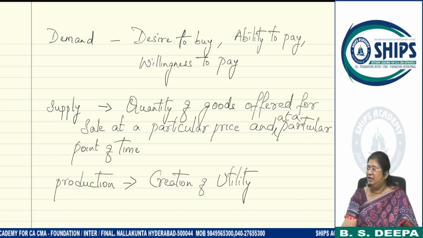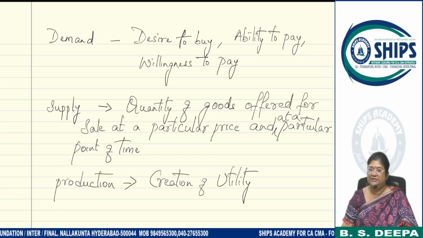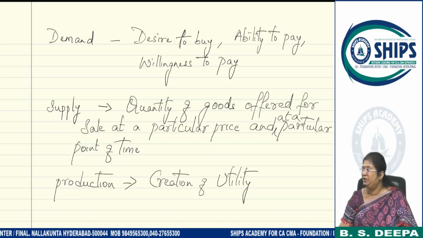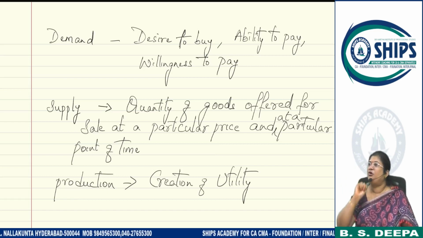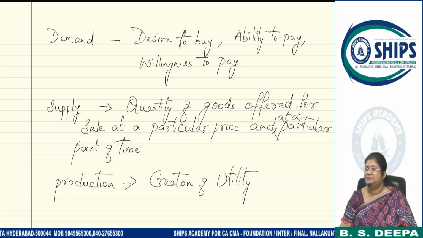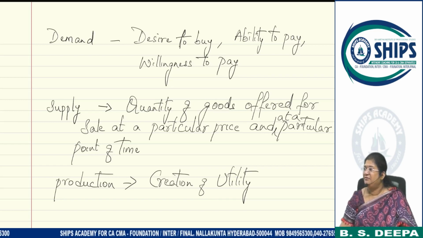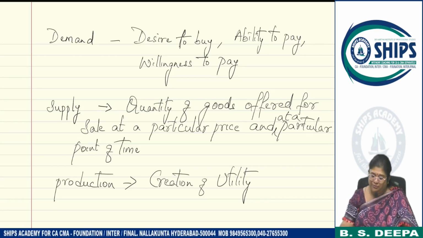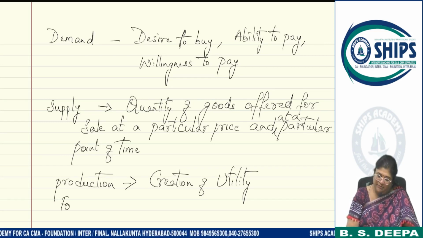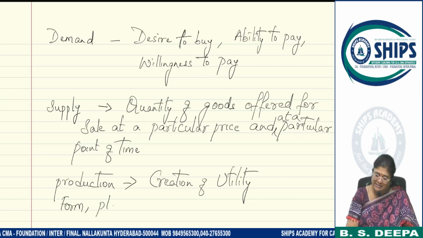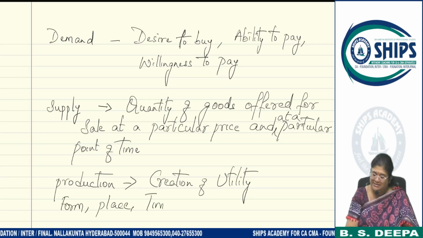Creation of utility, because we are not just talking about one type of utility here. Just now we spoke about utility, isn't it? Utility can be of 4 types. You might have learned about it. What are the different types of utility? First one you forgot. Form. Form utility. So when we are talking about form, place, time and service utility,